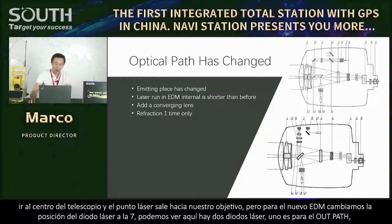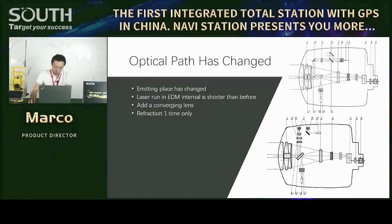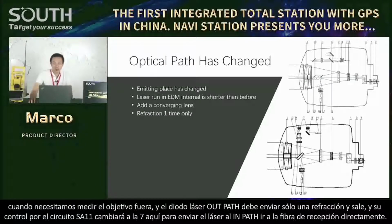One is for the out path. When we need to aim and measure the target outside, the out path laser diode sends only one reflection and goes out. And controlled by the SA11 circuit, it will switch to the 7 here to send the in-path laser to the receiving fiber